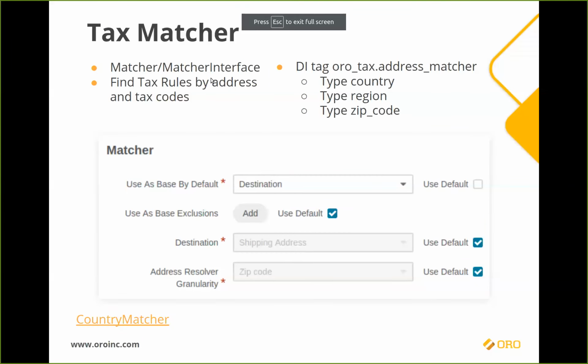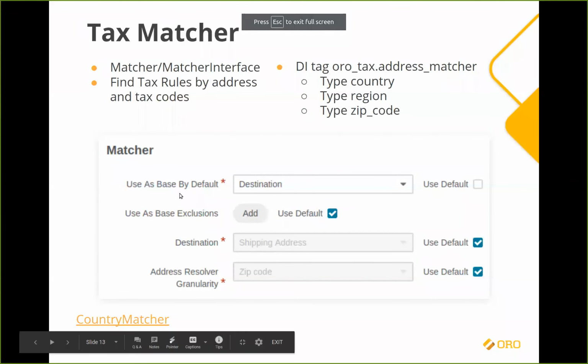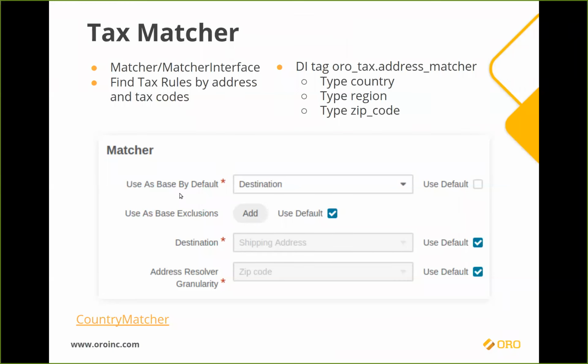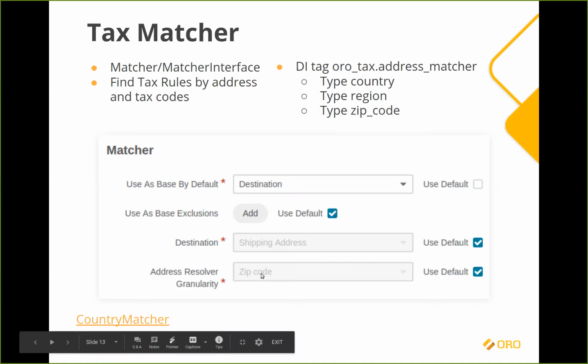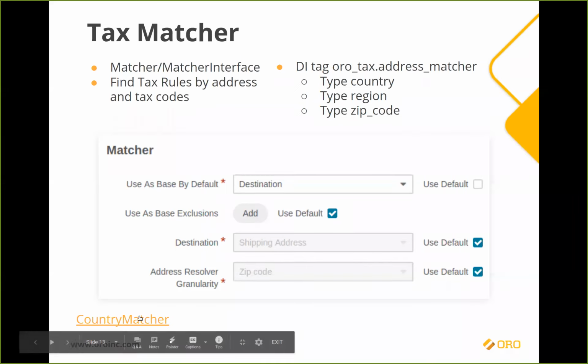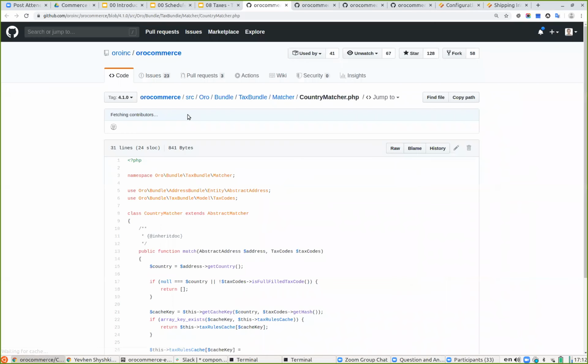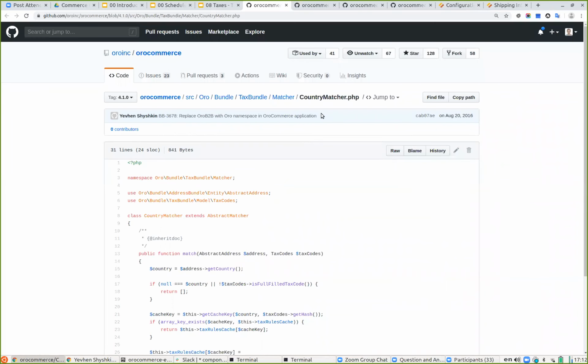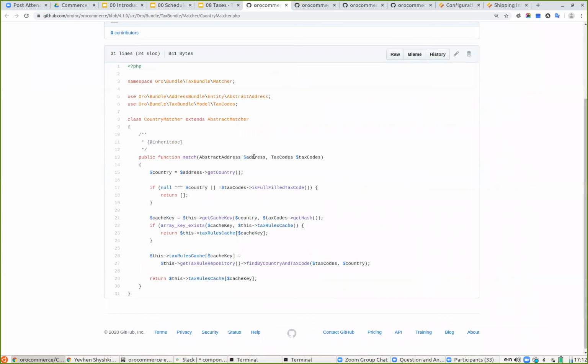Then we have matchers. We have seen this configuration already. Matchers are just used to match the appropriate product or rule based on the current jurisdiction. We have matchers on different levels: on the country, region, or zip codes, and they are also used to match the appropriate jurisdiction. Let's check one of them, here is the country matcher, which accepts the